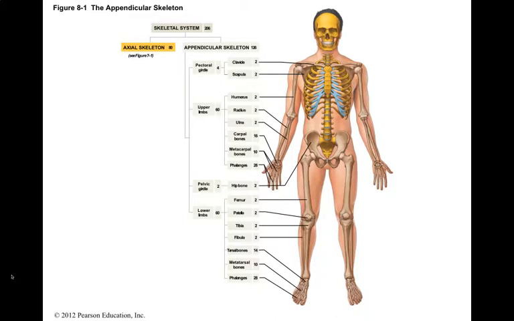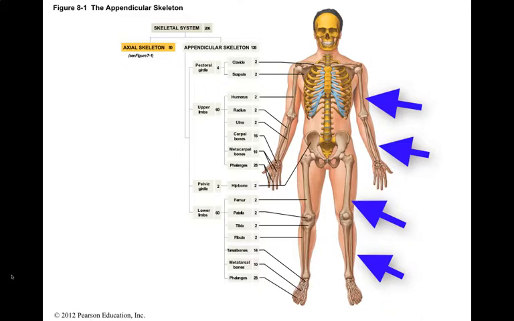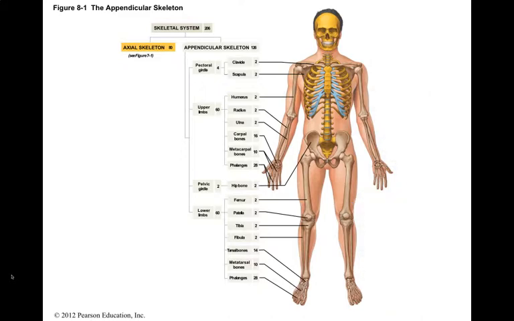It is your appendicular skeleton that lets you manipulate objects and move from place to place. The appendicular skeleton is dominated by the long bones that support the limbs. Each long bone has two epiphyses, and one of the epiphyses at one end of the bone will be called the head of the bone. The diaphysis is called the shaft, and the neck normally separates the head from the shaft. For example, the upper arm bone called the humerus will have the head of the humerus, or the humeral head,